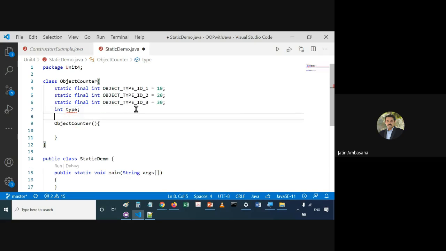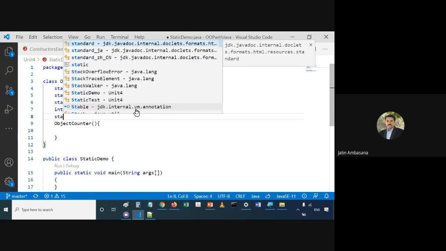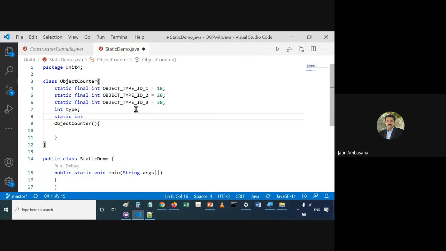Along with that we also have static int total objects count. We have total objects count. Now here what we will do is we will say that